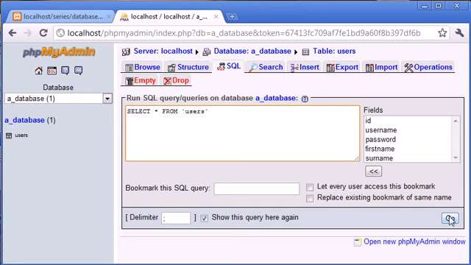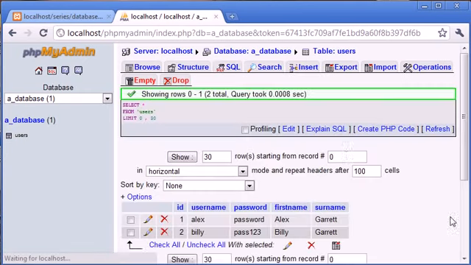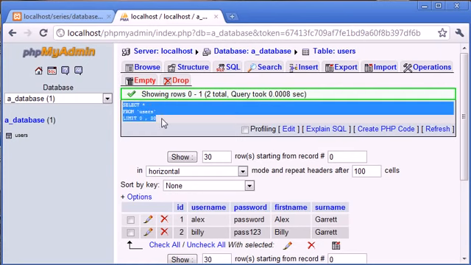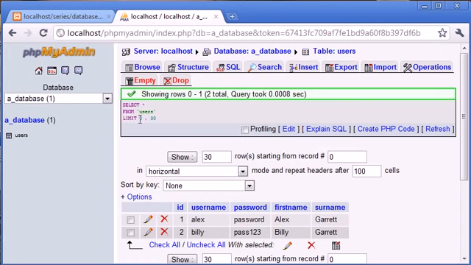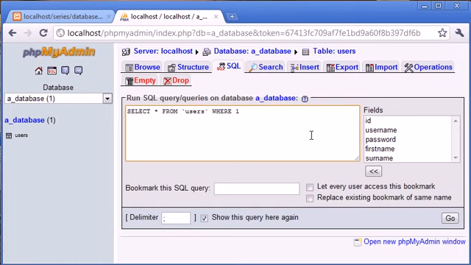So now I'm going to click go, and you can see that this is showing rows 0 to 1, 2 total. The query took an amount of seconds, and it's shown our query here with this limit on the end, which I'll explain soon. But we've retrieved exactly the same data as if we were to click browse. So this SQL query for us at the moment is useless inside PHP, but when we're working within PHP, we might want